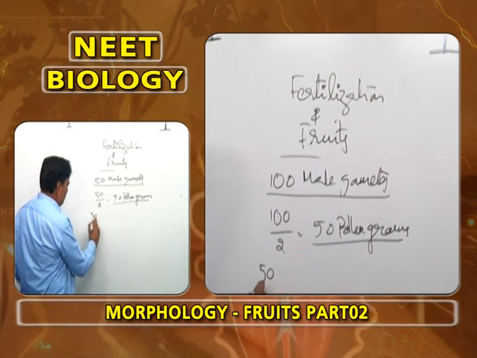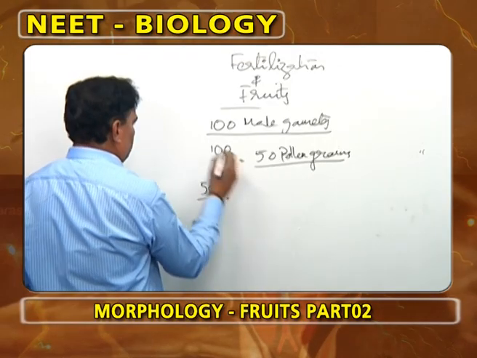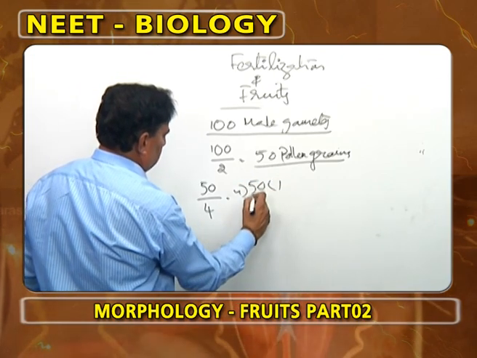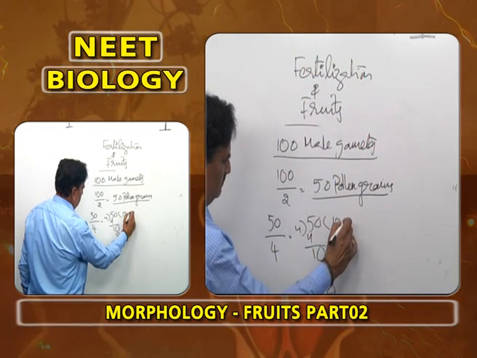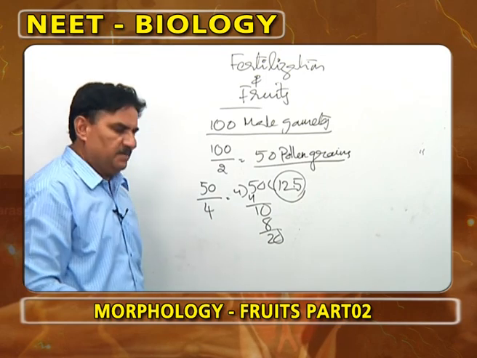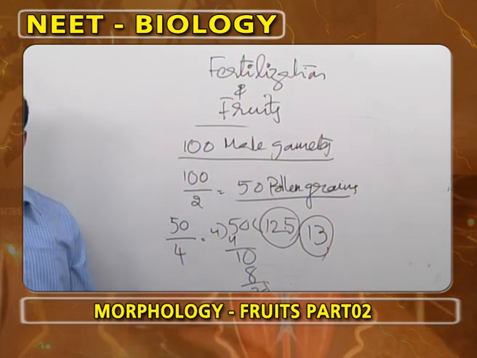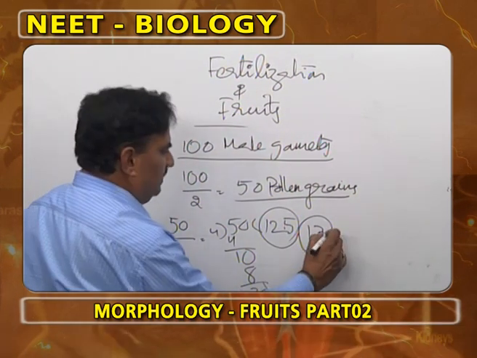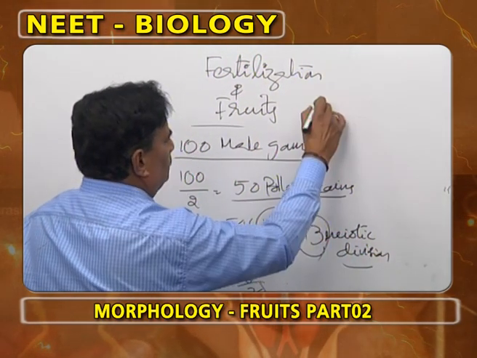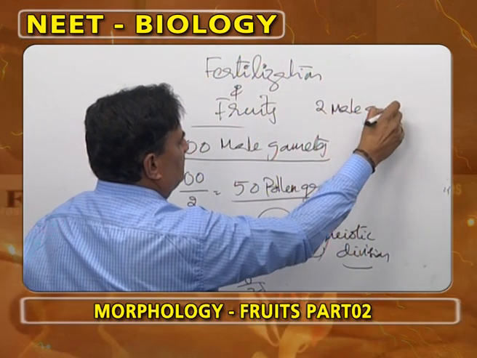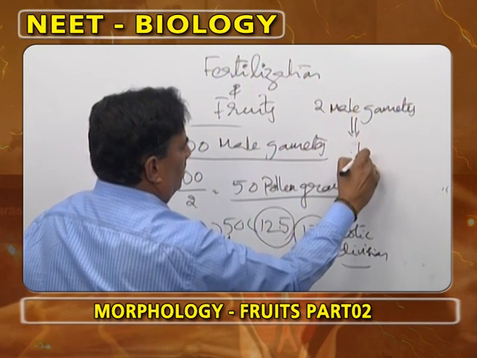For producing 50 pollen grains, how many meiotic divisions are required? It means 50 by 4, which is 12.5. 12.5 meiotic divisions means 13 meiotic divisions are required. Now, to produce 2 male gametes in an angiospermic plant, the pollen grain first undergoes 1 mitotic division